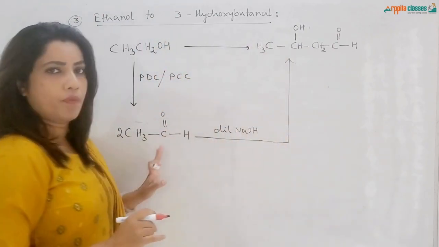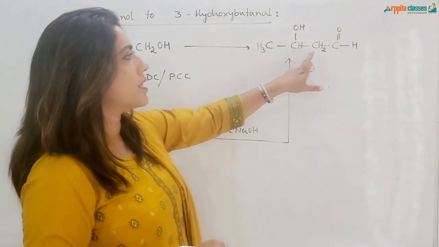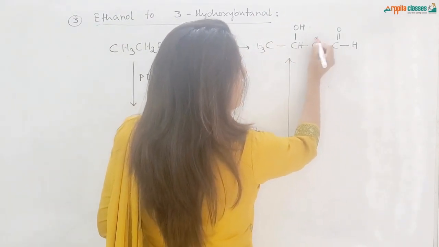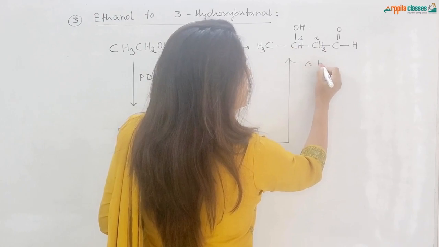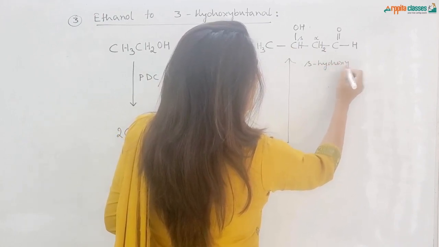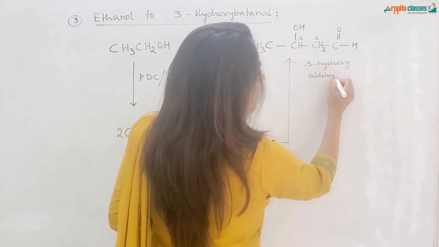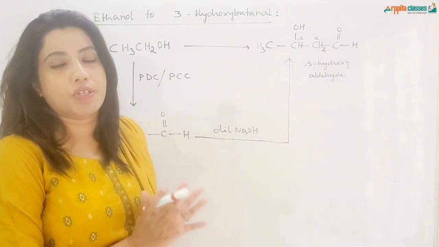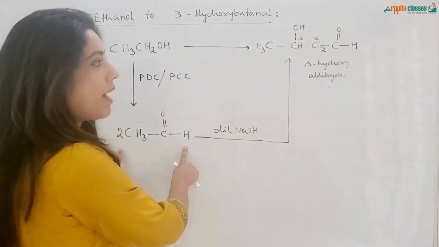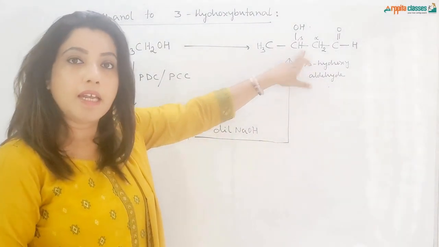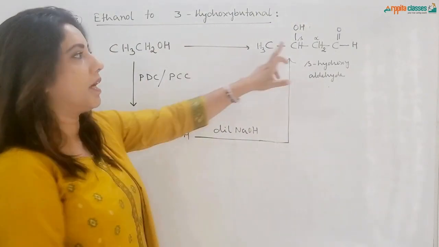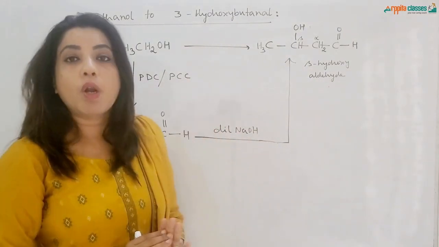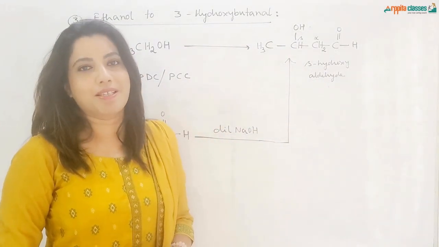Another indication of this reaction is, here this is a beta hydroxyaldehyde. If you see, this is the functional group, this is the alpha carbon, this is the beta carbon. So this is beta hydroxyaldehyde. So when do we get a beta hydroxyaldehyde or beta hydroxyketone? When aldol condensation takes place. So if it is a condensation of aldehyde, we will be getting beta hydroxyaldehyde. If it is a condensation of ketone, we will be getting beta hydroxyketone. So this is an indication that we need to go for the aldol condensation for this kind of conversions.